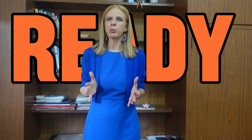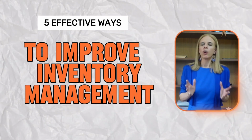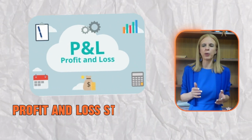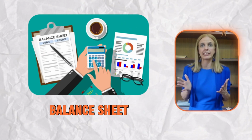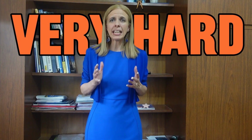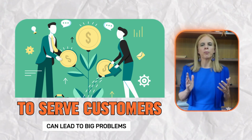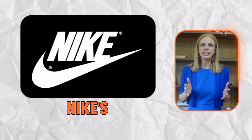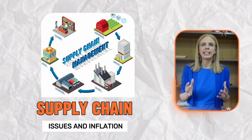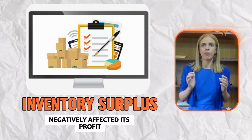Ready to know about the 5 effective ways to improve inventory management? Oh yeah! Inventory has a tremendous impact on the profit and loss statement and on the balance sheet. When it is not balanced properly, it can be very hard for companies to serve customers, which leads to big problems. For example, Nike's difficulty in responding to supply chain issues and inflation created an inventory surplus that negatively affected